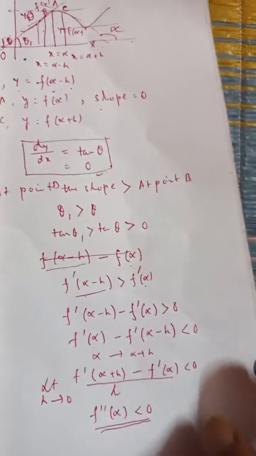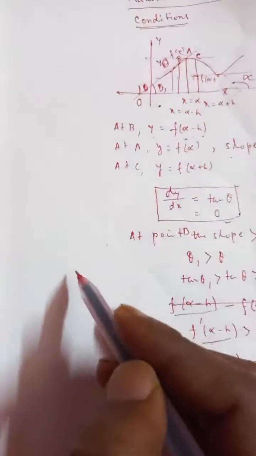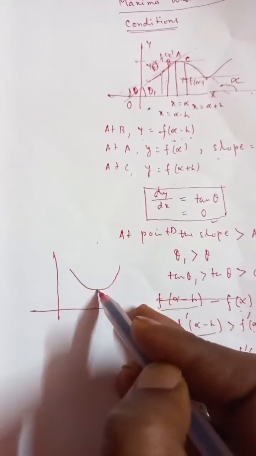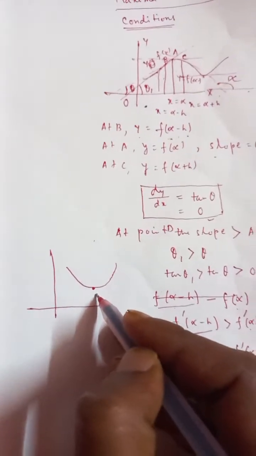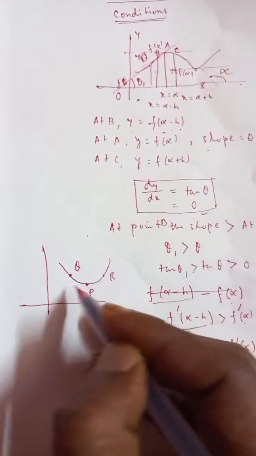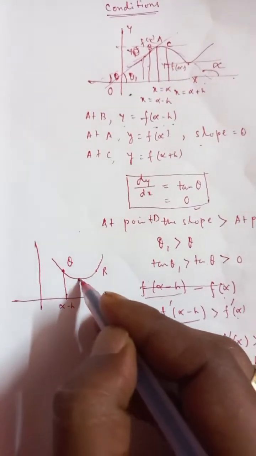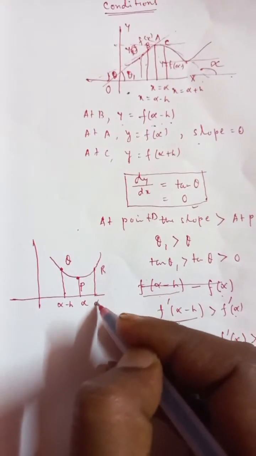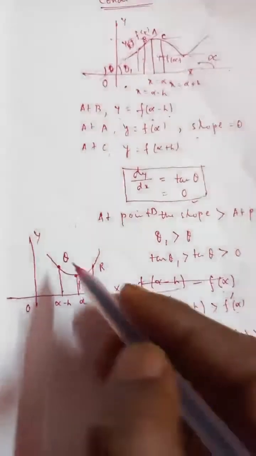And for a minimum, we have, if we draw the curve again, here the point we are taking is P, here we are taking point Q, and here point R. So this is x equal to alpha minus h, here the point is alpha, and here the point is alpha plus h. So here the slopes,